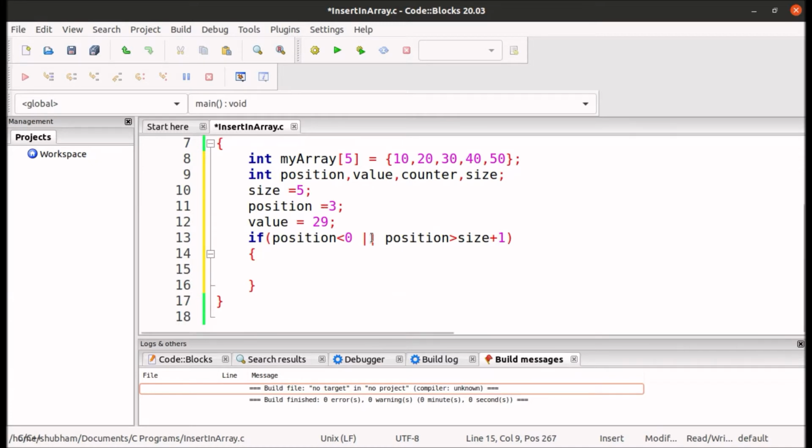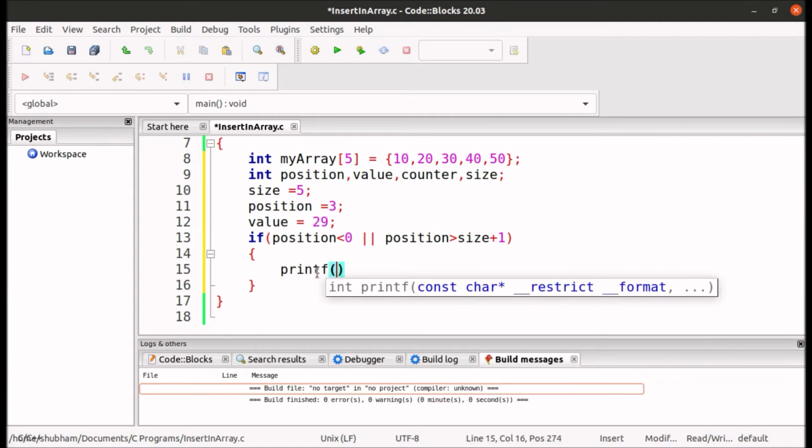If the size of array is 5 and we want to insert element at 7th position before inserting the element at 6th position, then this is an invalid position. So printf invalid position, can't insert, and let's write the semicolon.